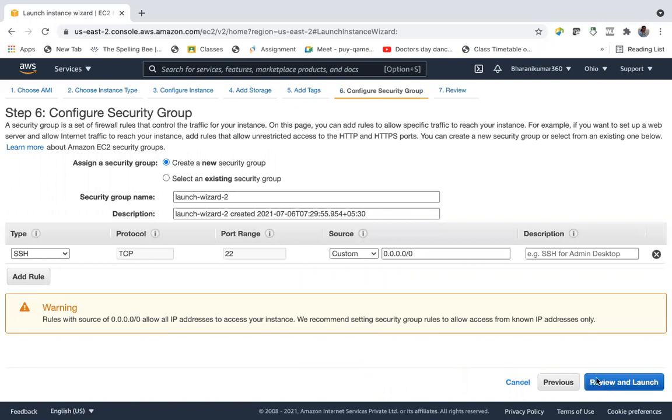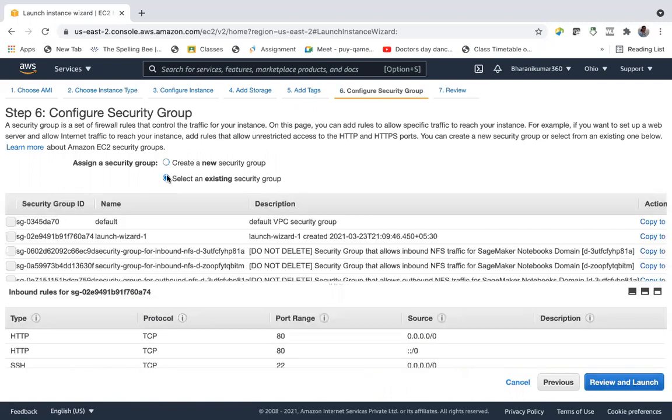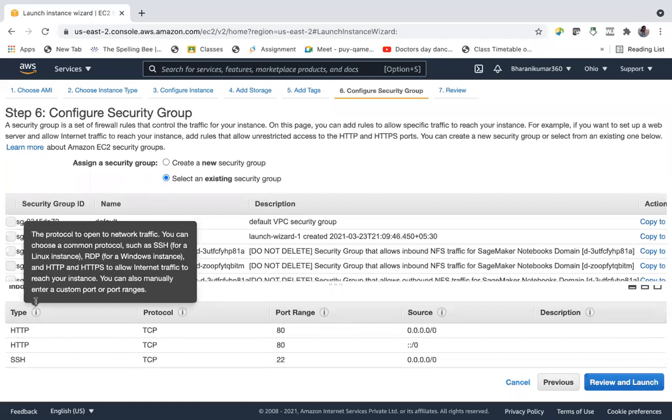So even though we have disabled the public IP and there is no route to the internet, we will still add the HTTP rule. Why? Because the HTTP rule or ICMP rule is used to communicate on the internet. Maybe once in a while, when there are updates or security patches, anything like that, even backend servers have to get them from the internet. So let us add a custom TCP rule.